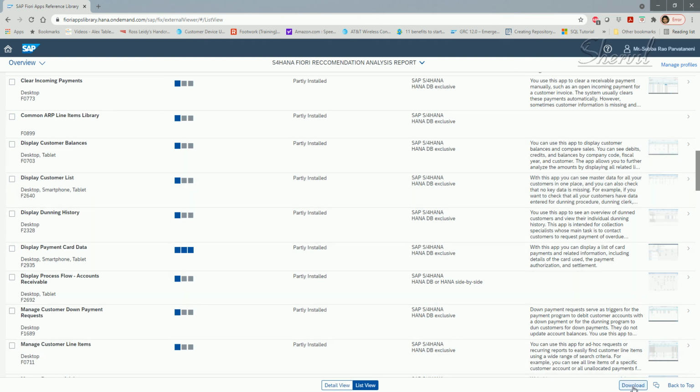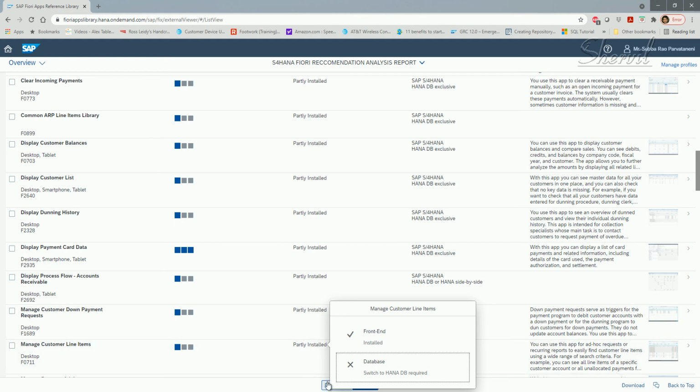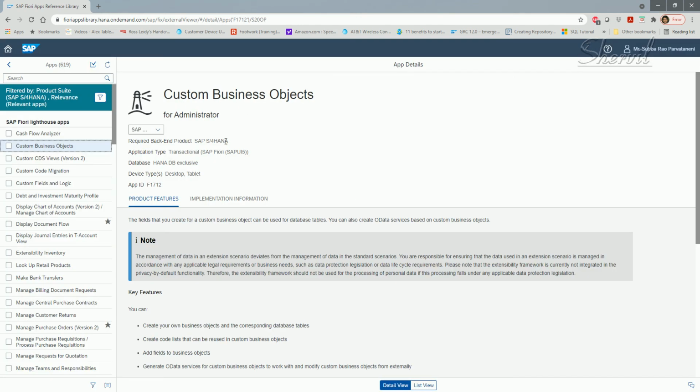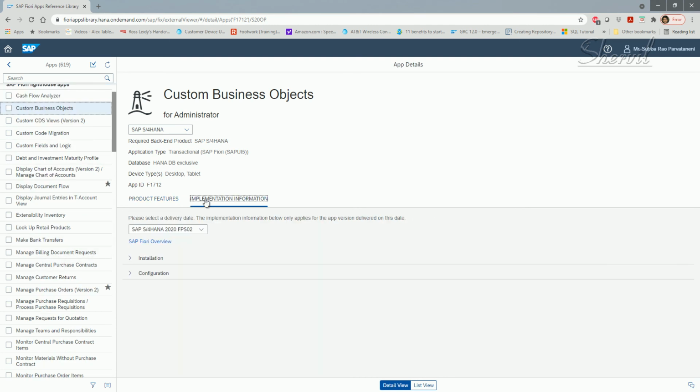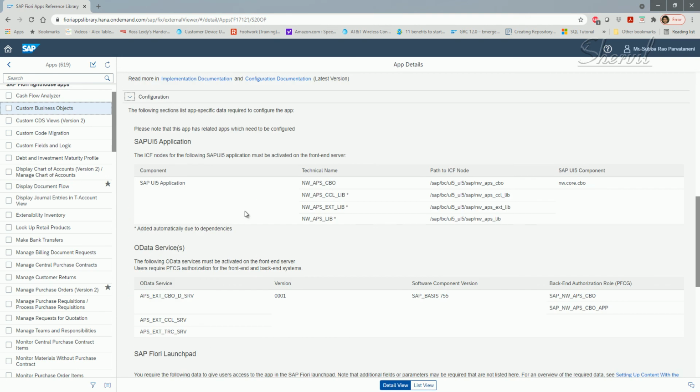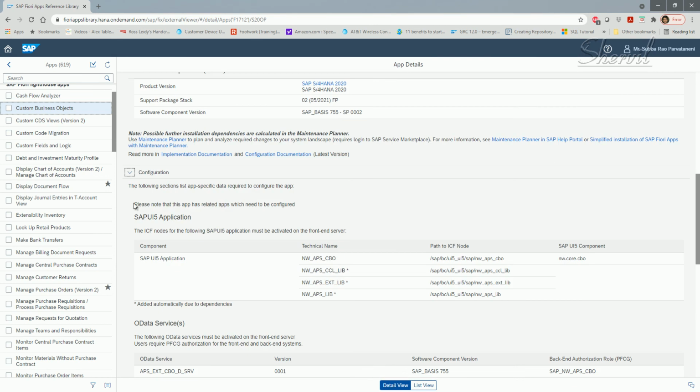Now, you can also download this report in an Excel file. This is the list view of the report, but if you click on the detailed view, it takes time to load, but let it load. It will take you to the Fiori library, and here you can have the details of any app that you want to implement. If you go to implementation information, then installation, you see what components are needed for that particular app, and it will also give you the configuration details needed for implementing that app. If you switch back to list view,